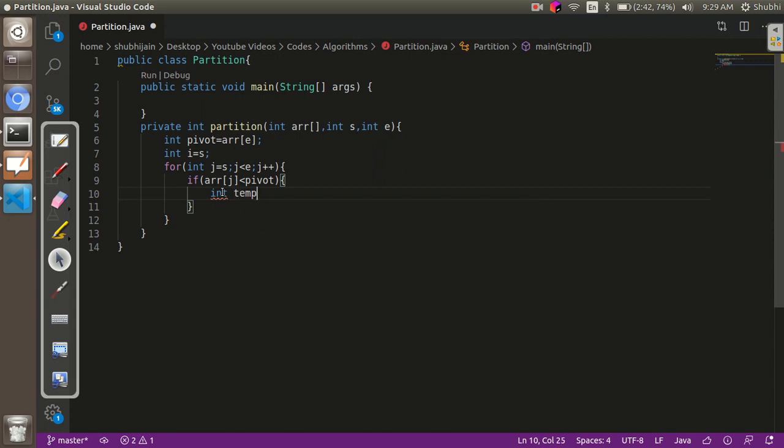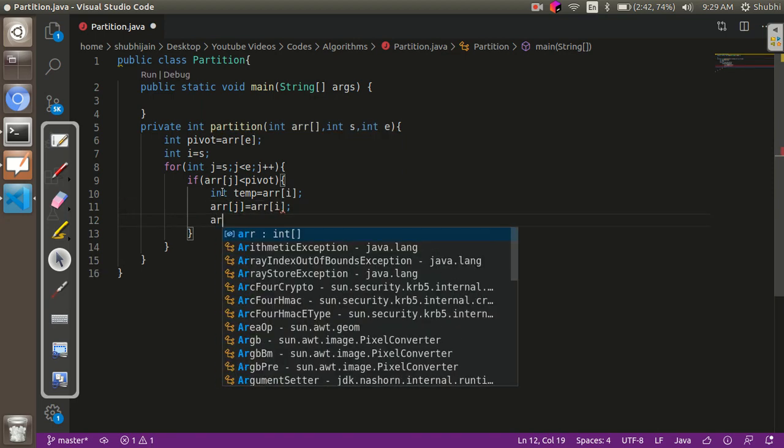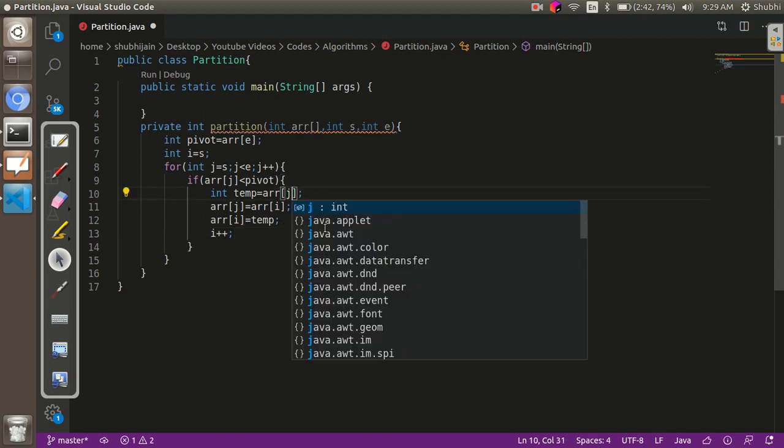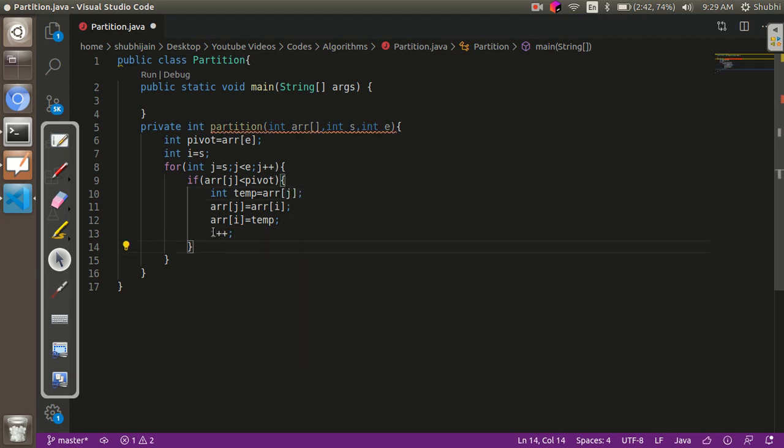So over here I'll swap, and I'll increment my I by 1. Otherwise nothing has to be done.